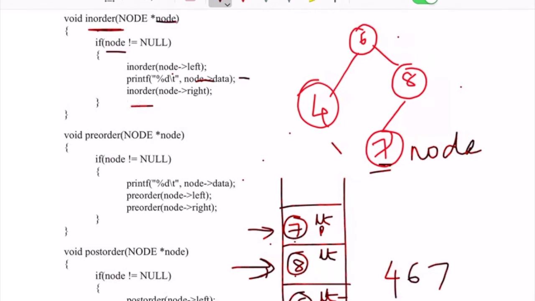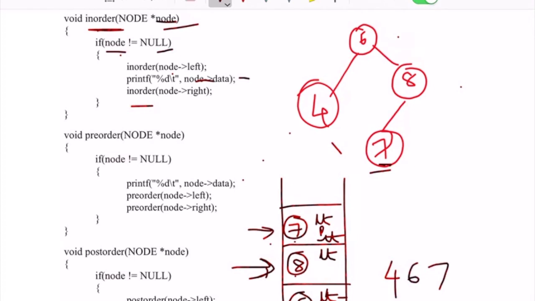You are going to call the inorder function by passing the right node as a parameter. What is to the right of 7? Null. So null is going to be called. So right is also going to be done for this particular node. So null is entered into your stack. The same way, the node is now null. Null not equal to null condition fails, so nothing to do, so that gets popped from the stack.